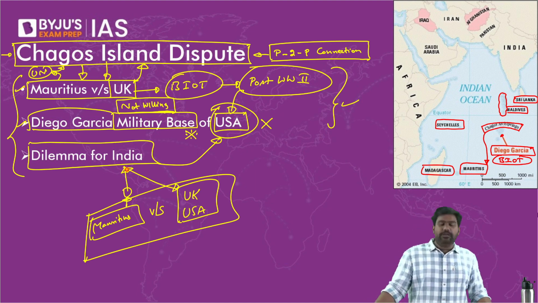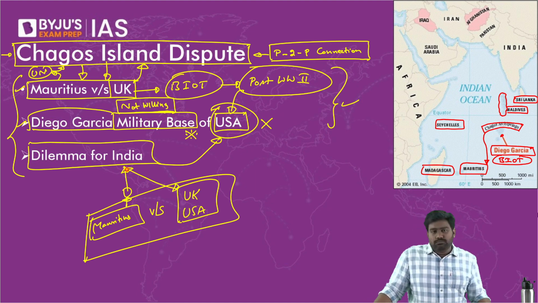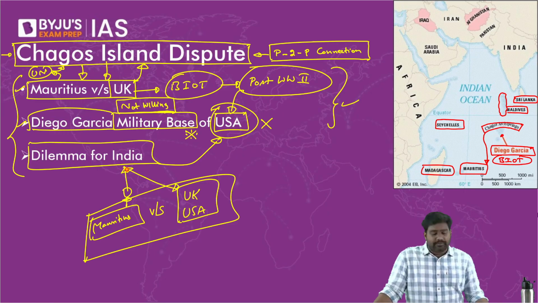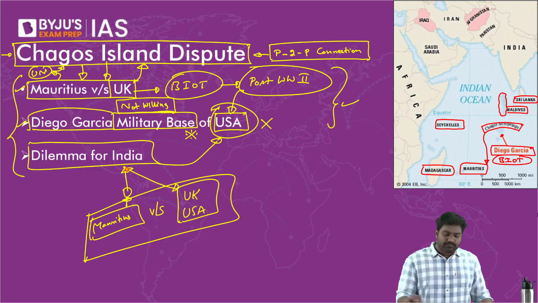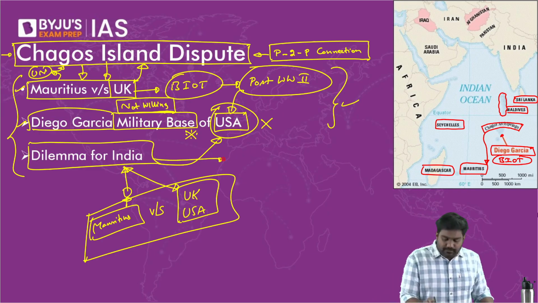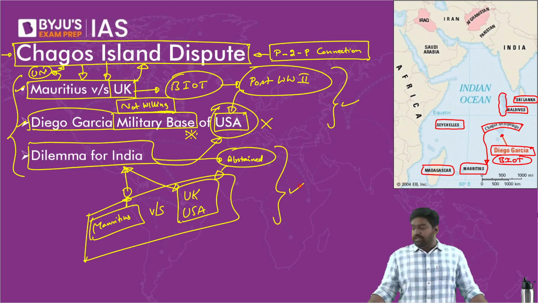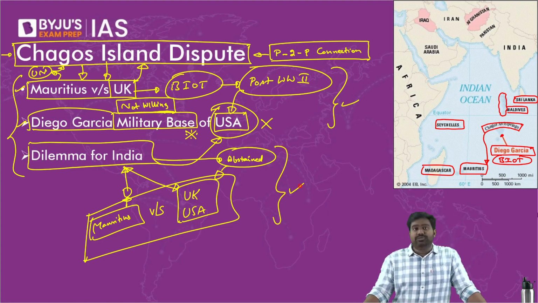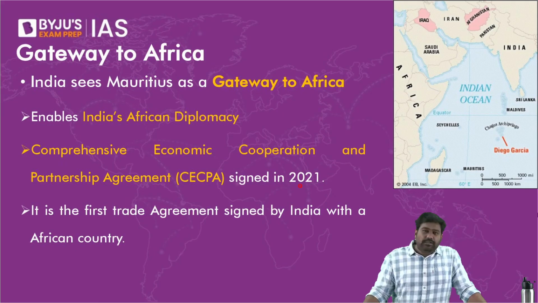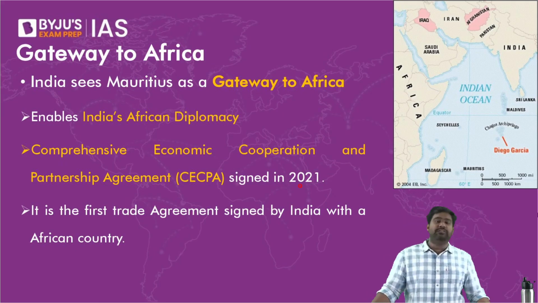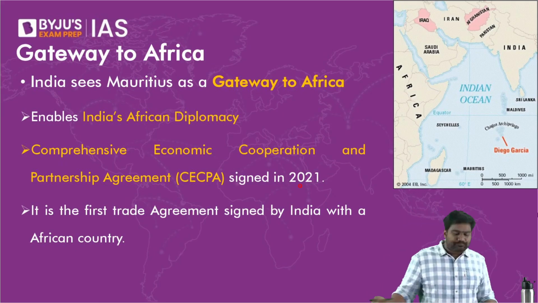Mauritius is asking India for help, but even though diplomatically we give support to them, publicly we haven't announced support. Even at the UN, we haven't supported them. We have abstained from the vote. India has abstained to ensure we don't affect ties with either of these powers. Right? So this has become another recent trending issue with regard to India Mauritius. So it's better you have an idea about this. Just be familiar with the Chagos Island dispute.